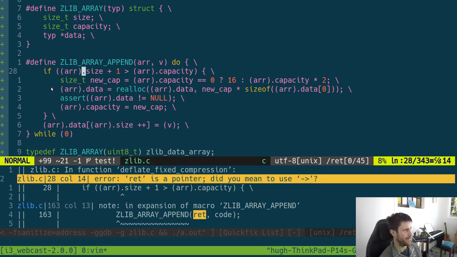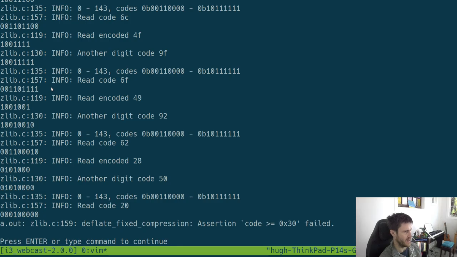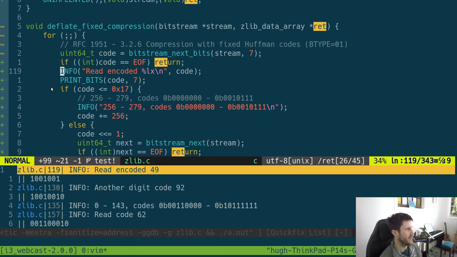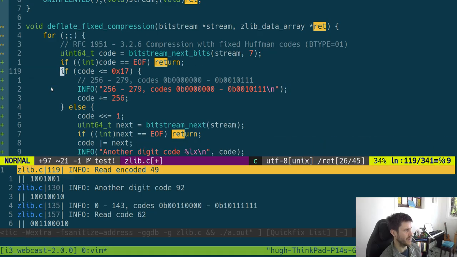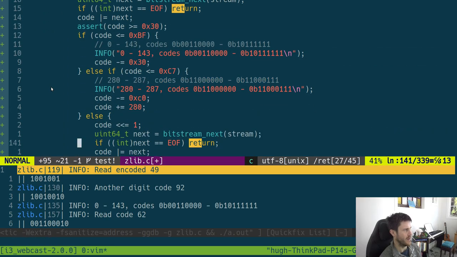We need to pass in the pointer to it like that, yeah, and then that kind of goes and adds it all in. So I think at this point here I don't really want to print stuff there, and same there, and